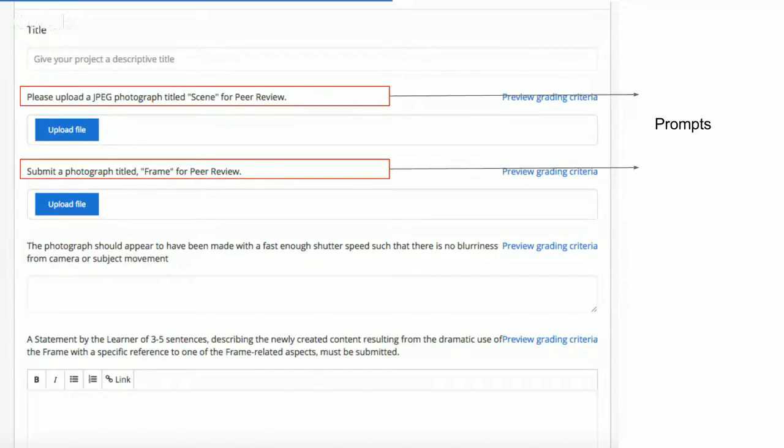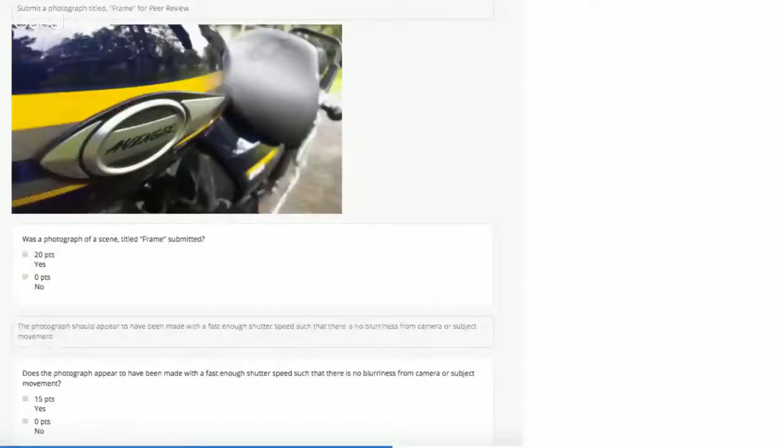Let us assume that you, as a learner, have read the instructions and have now submitted the assignment. The next thing you will see is the review stage. In the review stage, you will be asked as a learner to review submissions of other learners. You will be shown the assignment of other learners and then asked to grade it based on a set of